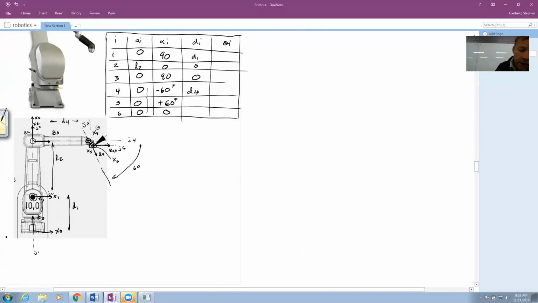X4 to X5, that's that very tight space right here. D5, X5 to X6. Very little offset down here. I'll call that my D6. So the fact that I've got these offsets here implies that I'm going to have a,